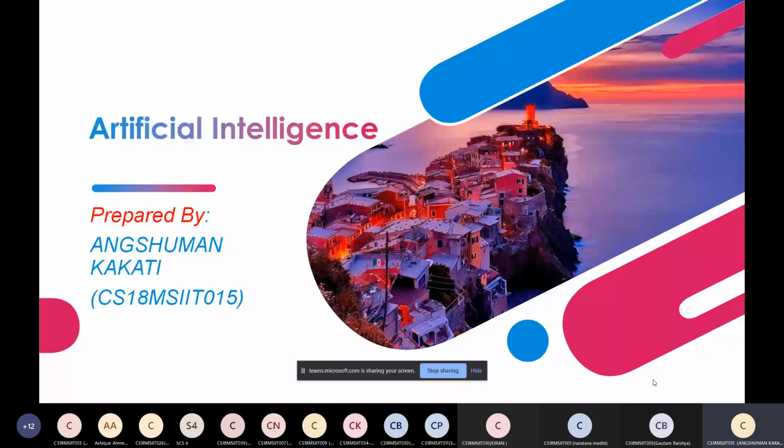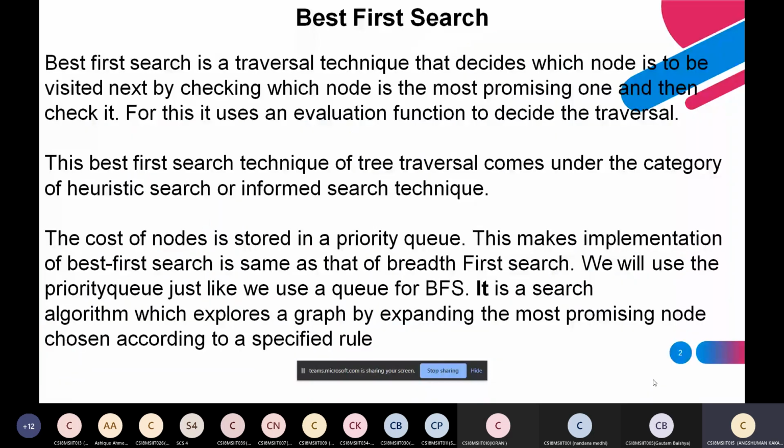Hi everyone. My name is Angshuman Kagodi and I am from Integrated MSc Diffusion. And my presentation topic is Best First Search. Best First Search is a traversal technique that decides which node is to be